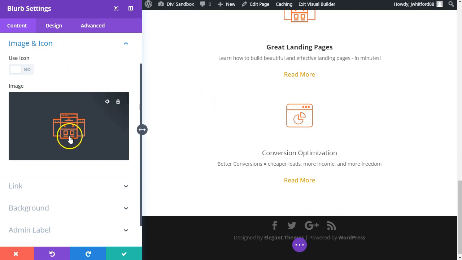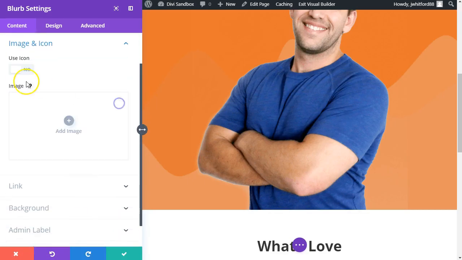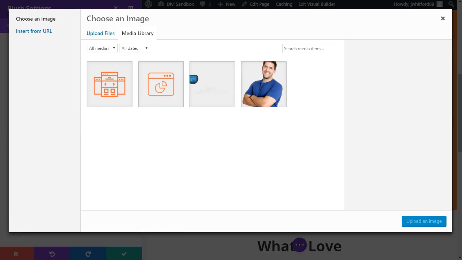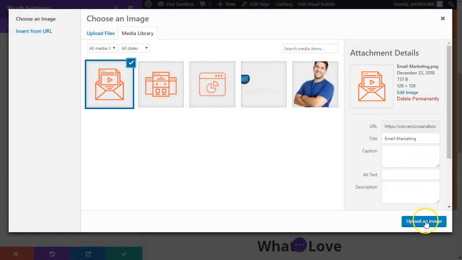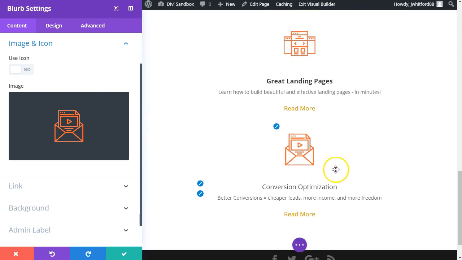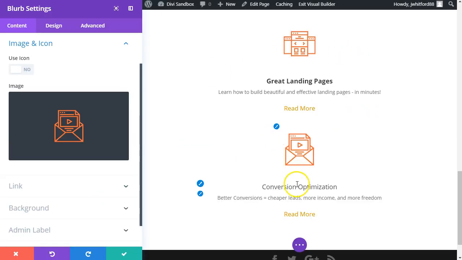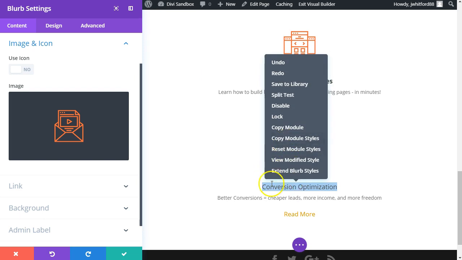Take this last icon, adjust it, go into this icon, get rid of the one that's there, add a new one, put in the email, and upload that image. Okay, so our first row is coming along nicely. And then we'll adjust this, call it email marketing. And here I'm going to paste this plain text,